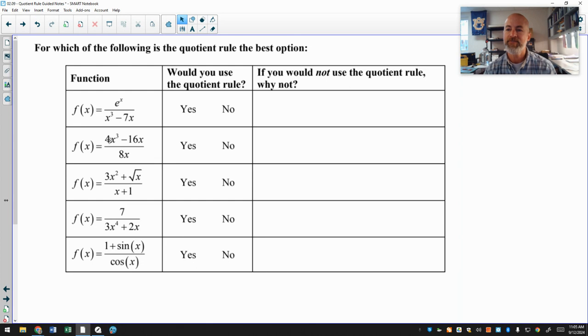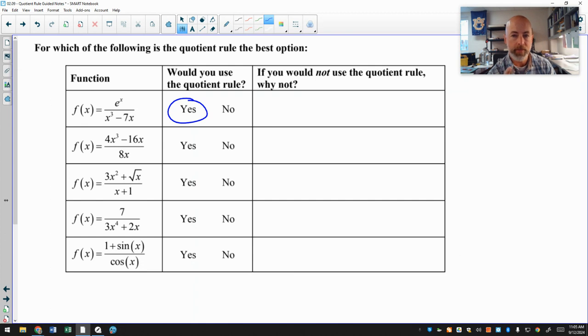So what I have right here, I have 5 different functions, and we're simply going to look at these and determine if we should or should not use the quotient rule. Every one of these are written as a quotient, so you could use the quotient rule on every one of these, but let's decide if it's needed. And so number one, e to the x divided by x squared minus 7x. Would you use the quotient rule on that one? And my answer is yes, I would,